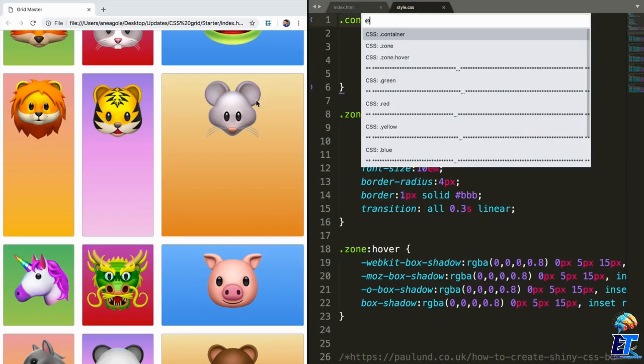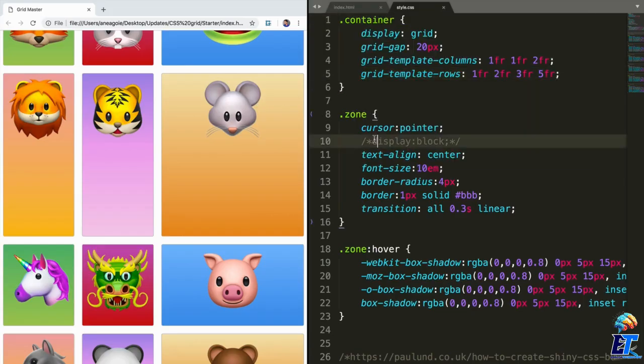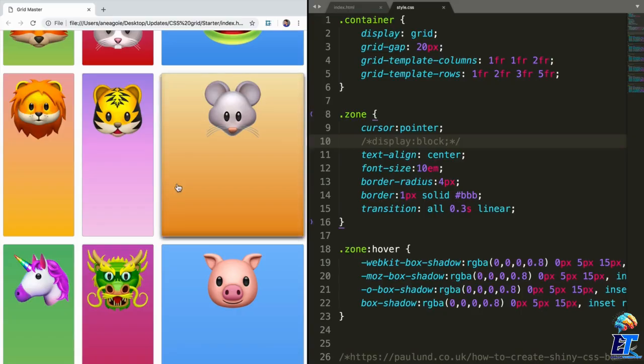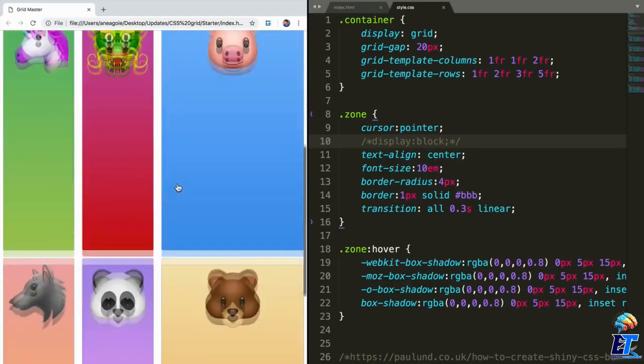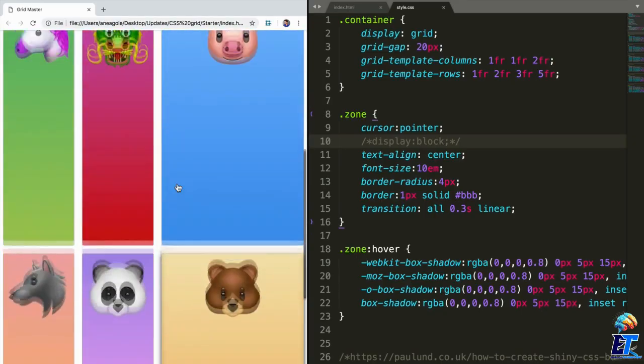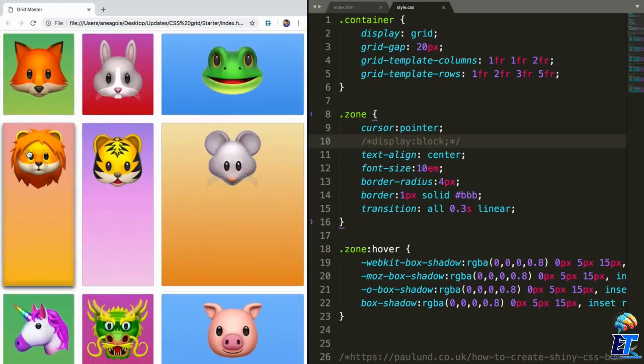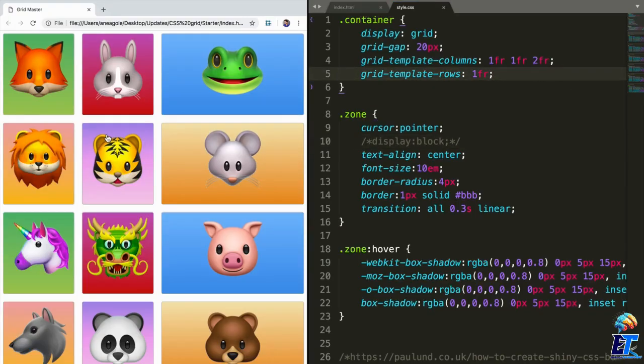If I save and refresh here, we see that we have our new rows. But that looks ugly, so let's just keep it at 1fr, which is the default. Now, another thing that we can do, and that you'll see a lot of, is the repeat function that we